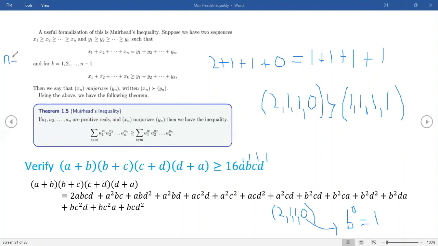N equals 4 is the case that we're dealing with here because we have 4 variables. So if we went down to k equals 3, that would correspond to this. In other words, and I won't go through all of them. Now you see you have a greater than or equal to situation, which is where this symbol comes from, kind of. So one of the cases would be 2 plus 1 plus 1. And this would be the k equals 3 k's, okay, is greater than or equal to, strictly